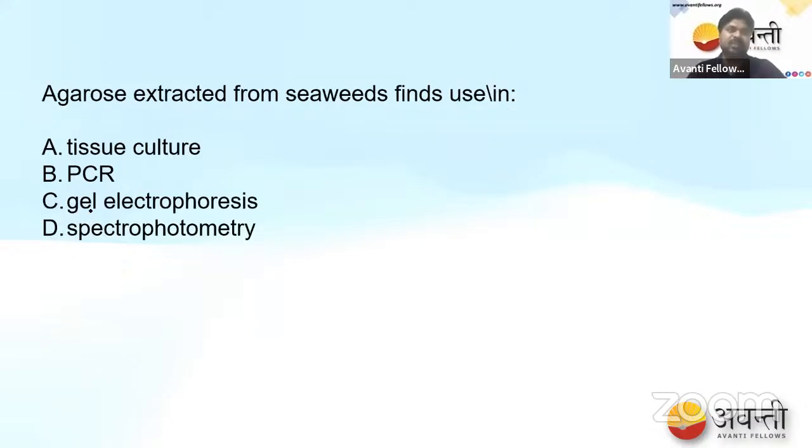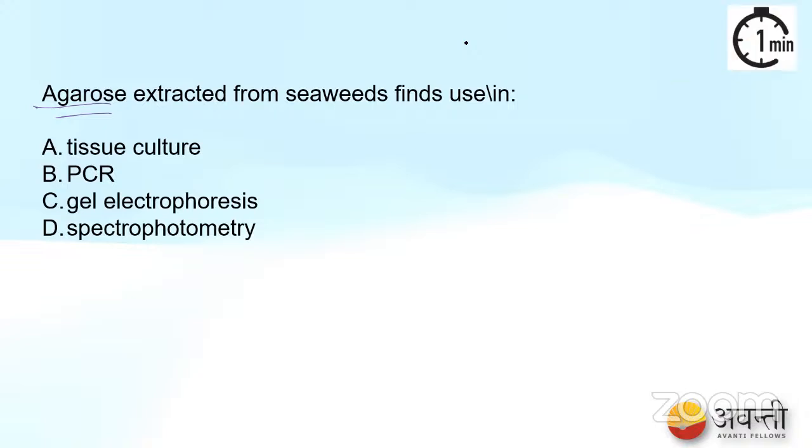चलो आगे बढ़ते हैं। Agarose extracted from seaweed finds use in, ठीक है। अब अगैरोस का यूज किस में होता है? टिश्यू कल्चर, पीसीआर, जेल इलेक्ट्रोफोरेसिस, स्पेक्ट्रोफोटोमेट्री। ठीक है, आई एम लॉन्चिंग पोल फॉर इट। चलो एक क्वेश्चन है मेरा, एनीवन नो अबाउट स्पेक्ट्रोफोटोमेट्री? स्पेक्ट्रोफोटोमेट्री किसी को पता है? ठीक है, विशाखापट्टनम, दाहोद। करेक्ट आंसर।